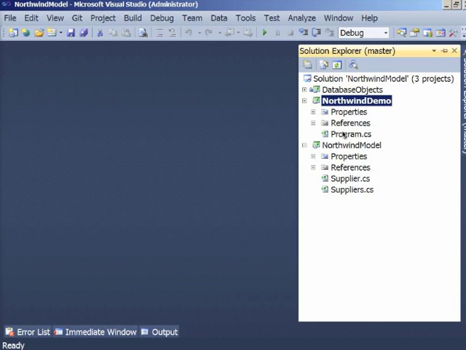This is the second video that I'm going to do in this series of database objects videos. In the previous video, we basically enumerated through a table and mapped that to objects, specifically the suppliers table. So what I'm going to do is extend that a little bit. We're going to do some CRUD operations, create, read, update, and delete, and I'm going to show you how that works. So before I get into that, actually, I'm going to set up some logging on the